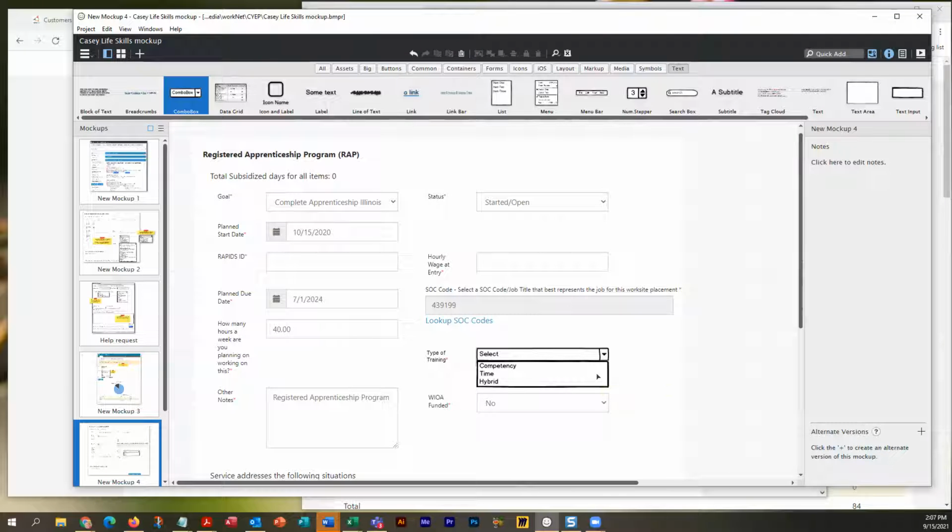When you enter the wrap in the beginning, there's another modal that pops open that asks you whether there is OJT and skills upgrading or retraining going to happen as well. And you'll still mark those as well.